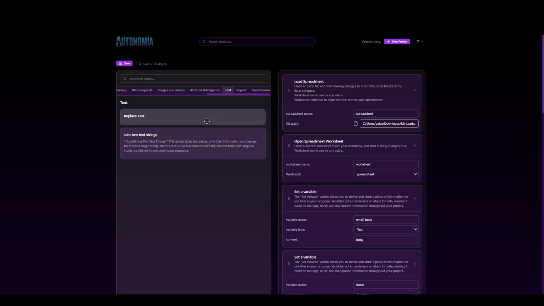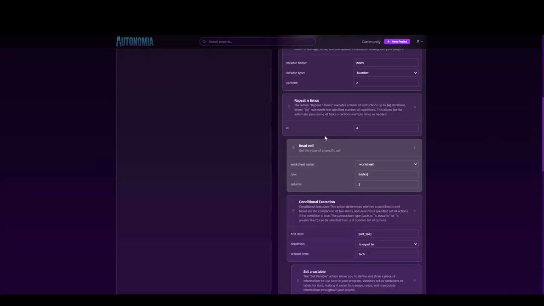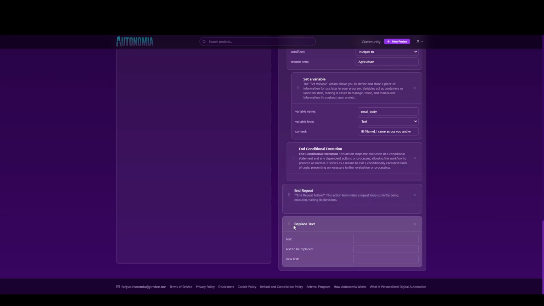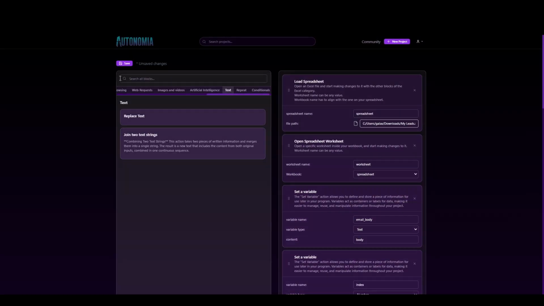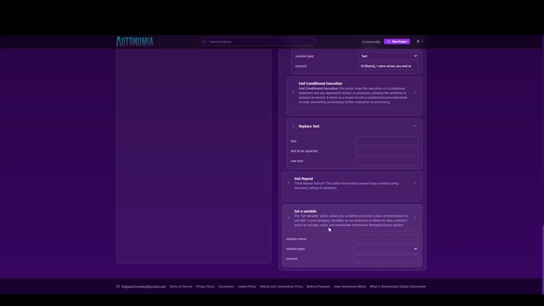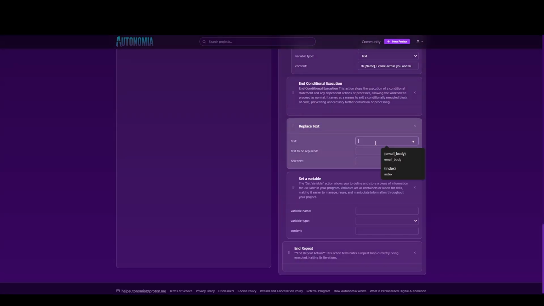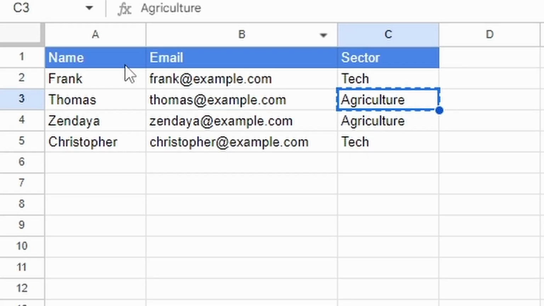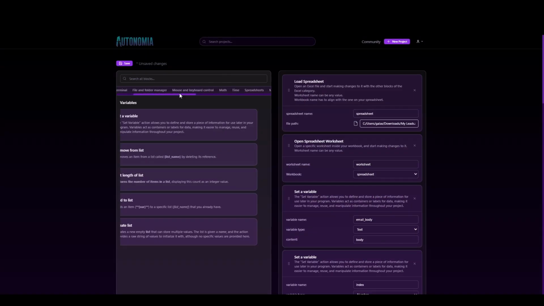For these, we have a very handy block, which is called replace text. And the only thing that we need to do now is we're going to set the email body variable to this. We're going to take the text, which is email body. As I said, we want to replace the name placeholder, and we're going to replace it with, in this case, the first column which contains the name. So we're going to go here,